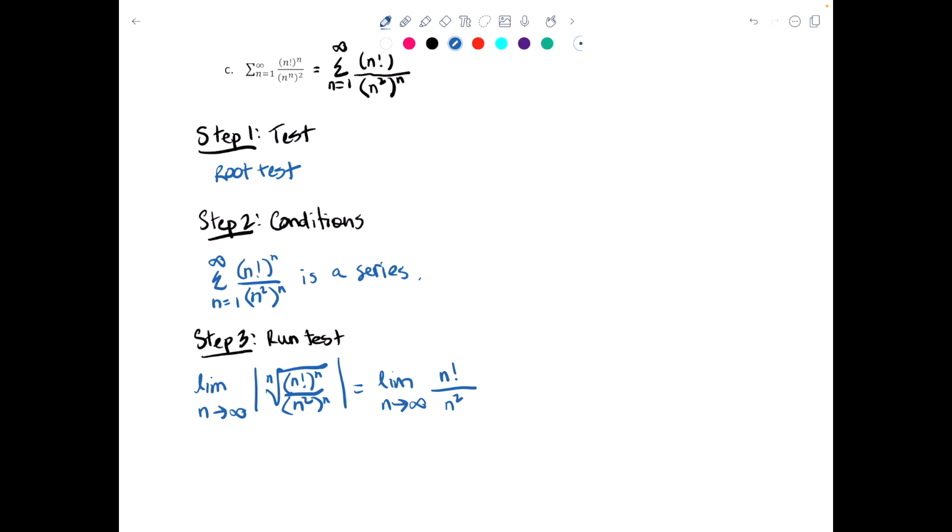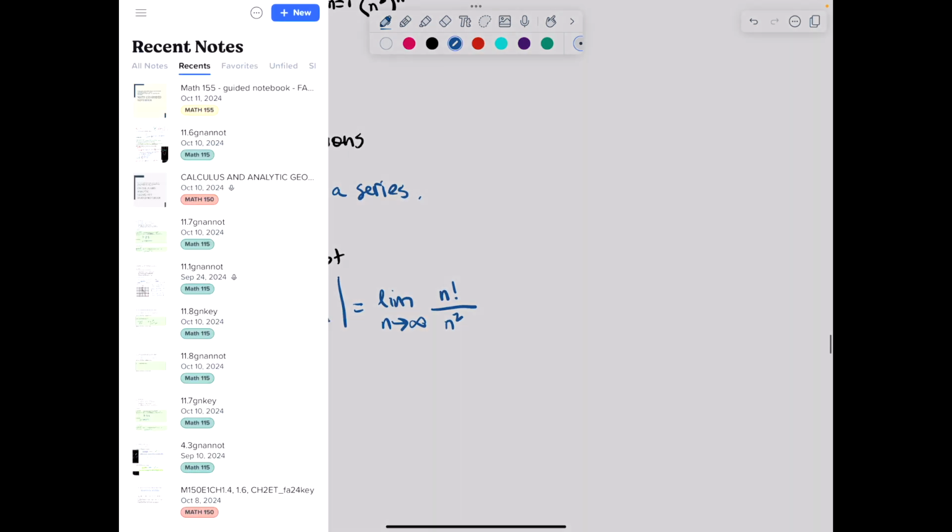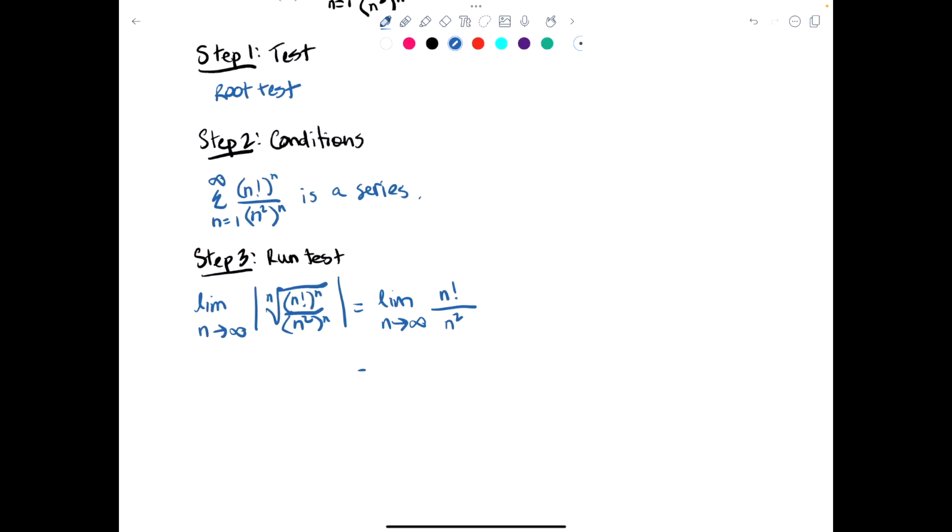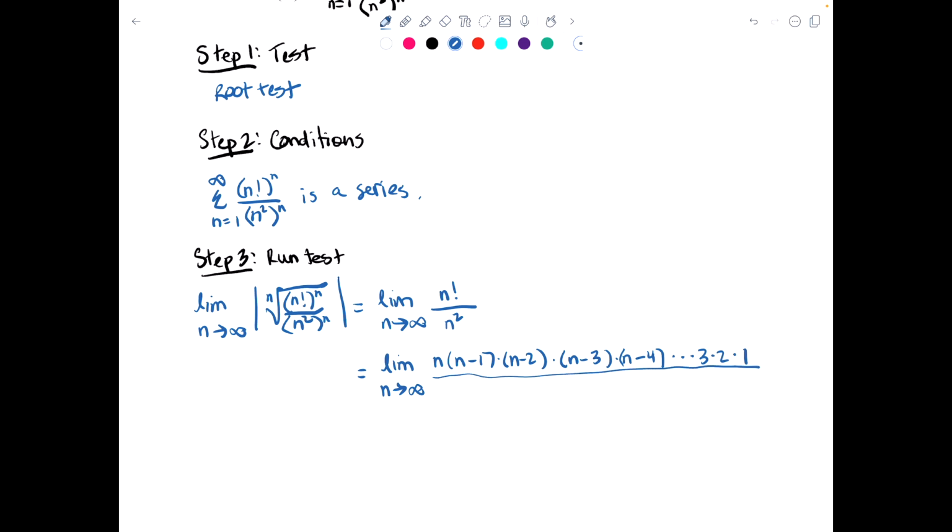Now, the best way to figure this one out is to just write out some terms. So the limit as n approaches infinity would be, we'd have an n times n minus 1 times n minus 2 times n minus 3, there'll be lots of n's, times n minus 4 times 3 times 2 times 1, all over